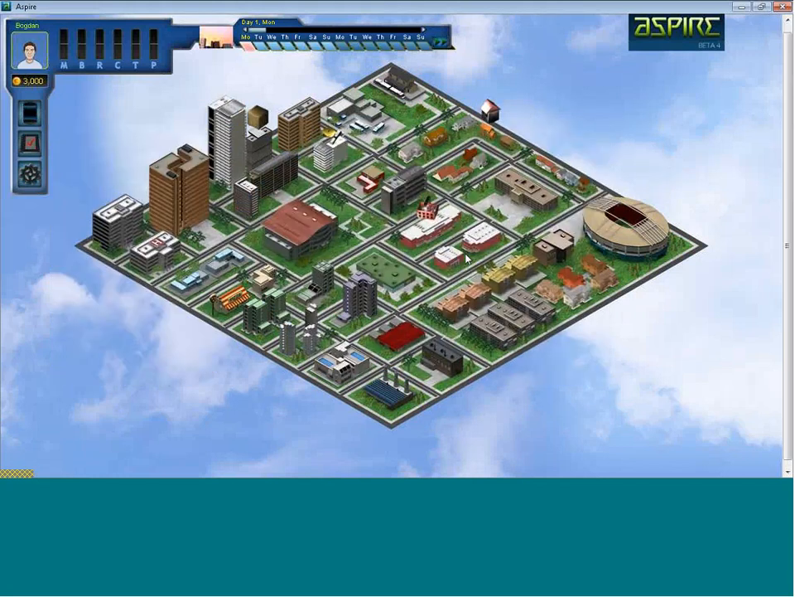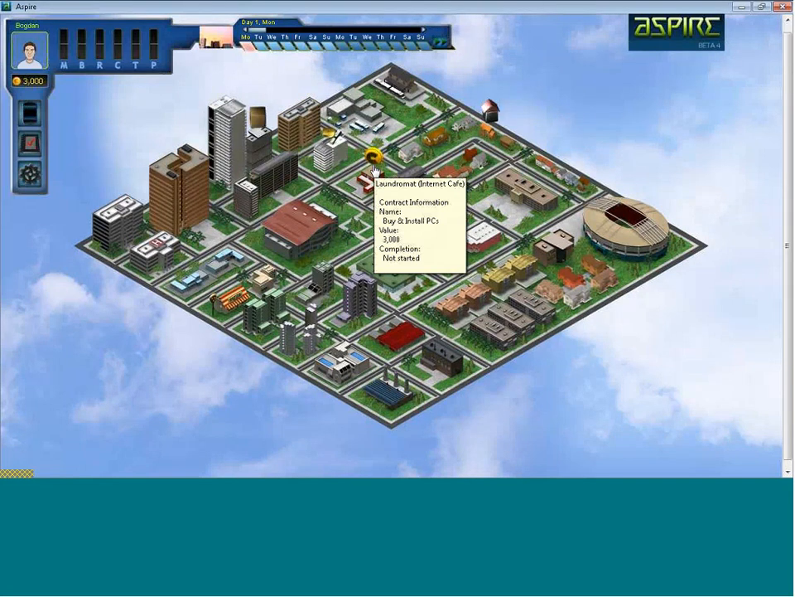Listen. Okay? Now, as soon as I hit yes on that button, a mission or a task appeared over this building. Now, if I go over the building, it's going to tell you that it's a laundromat. It's the Internet Cafe that I was talking about. Now, every building that you can interact with, and you're going to be able to interact with a lot of buildings,